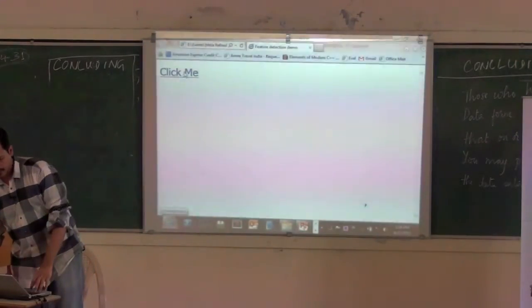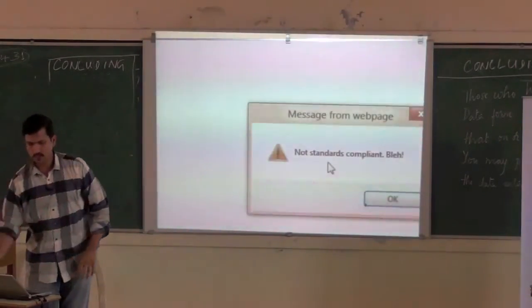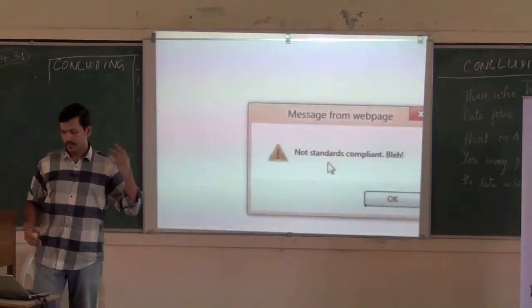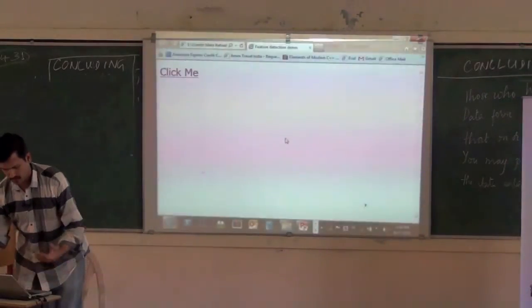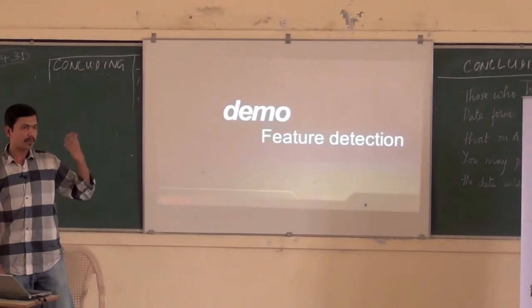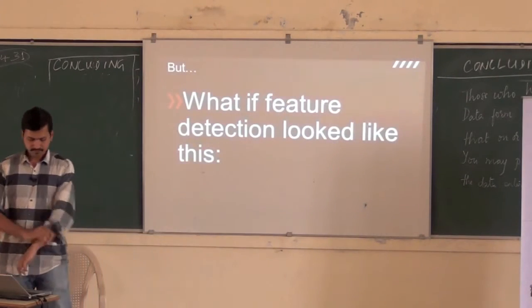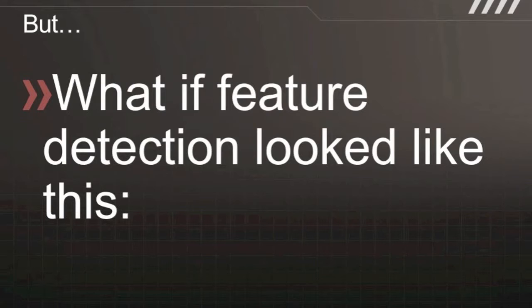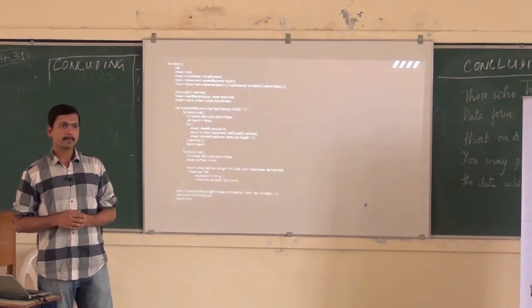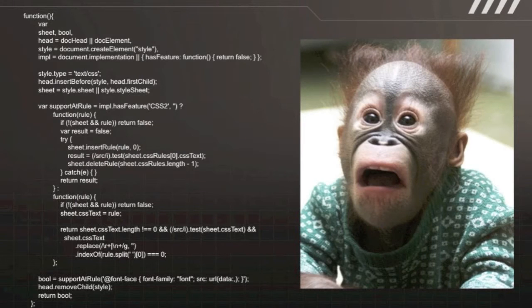So if I go ahead and click this thing now, you can see that it went into the other case where it chose the else case and does attachEvent instead of addEventListener, and that's not available. So your site just works, right? Whichever is the most acceptable code path, it follows that. Now that's great, but what if feature detection looked like this? In the earlier case, I was just checking for addEventListener, and I could simply say window.addEventListener, I'm all set. But what if it looks something like that, right?